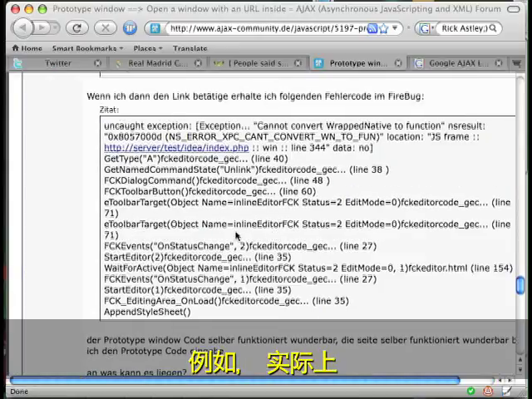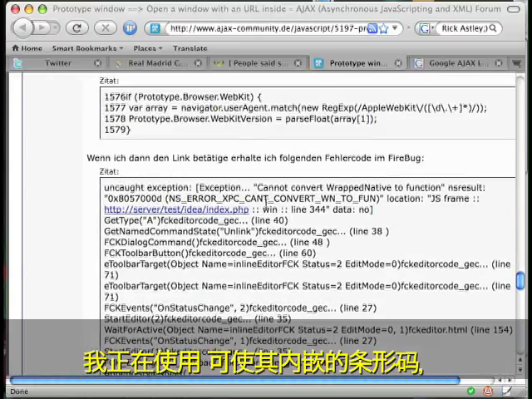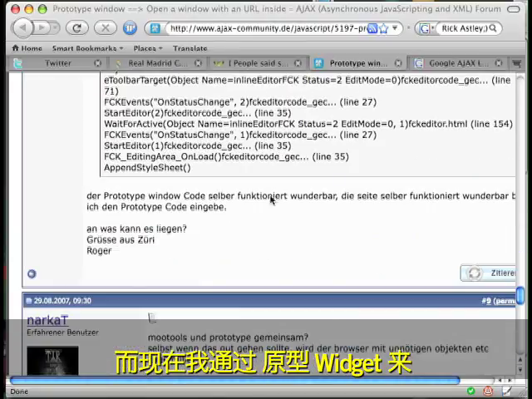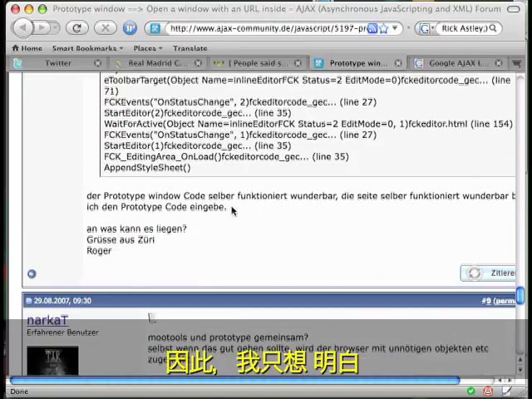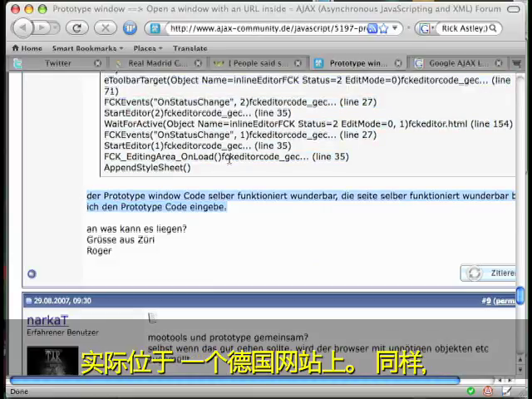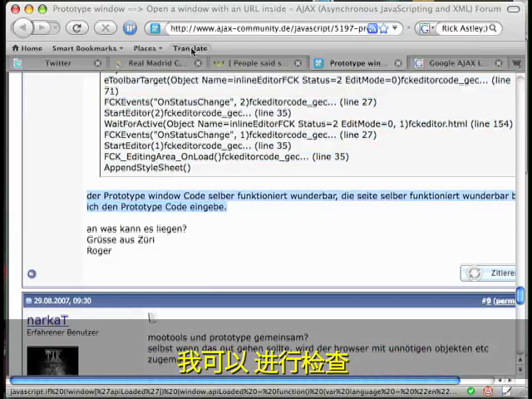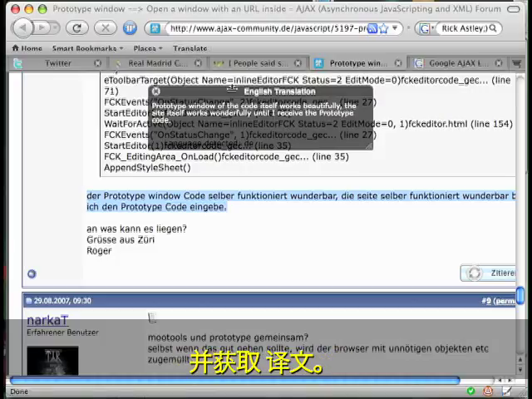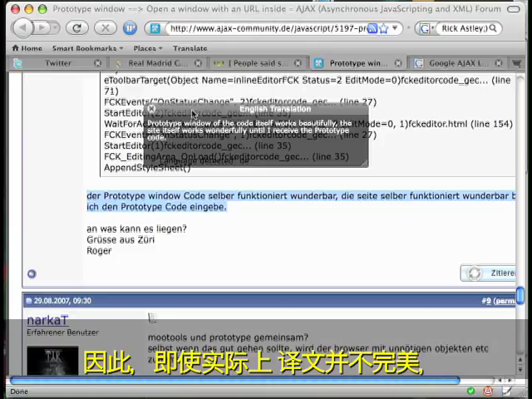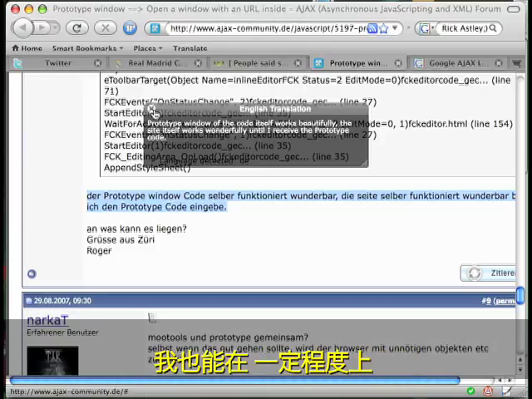For example, I was actually playing around with a bug. I was getting this annoying exception here when I was building this out with a prototype widget, so I just wanted to see what people were saying, and the answers were actually on a German site. So again, like this, I can go through, get the translation, and it gives me enough information so I kind of know what they're saying, even though the translation isn't actually